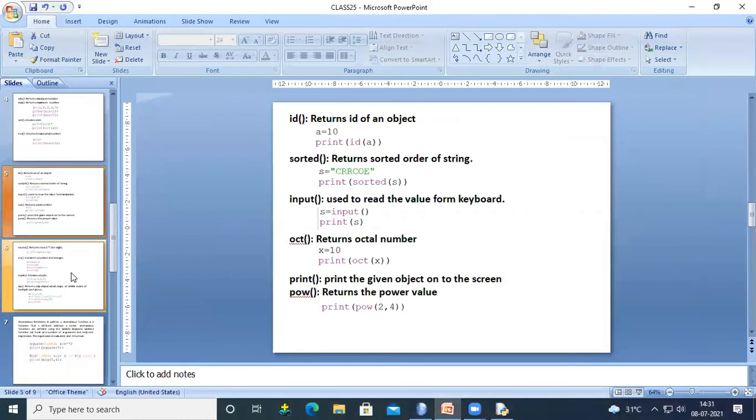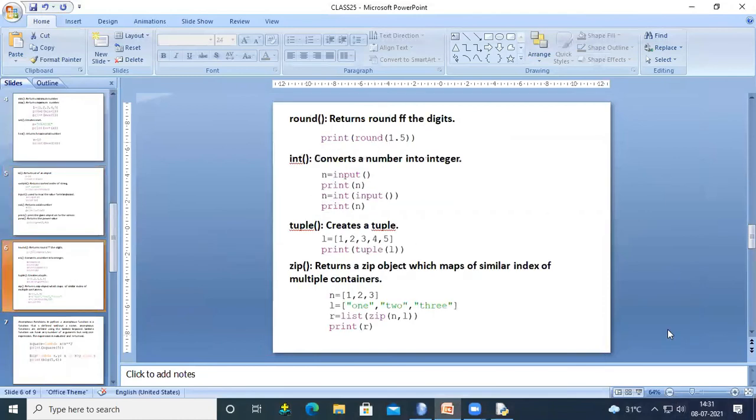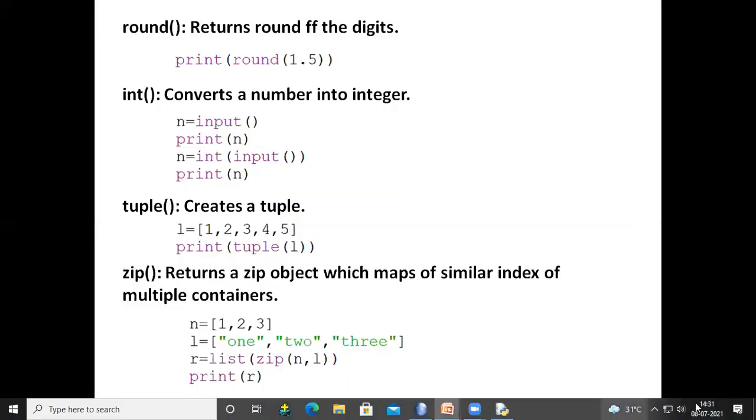Next function, the round function. The round function returns the rounded value of the digit. Print round 1.5. Now it rounds this 1.5 and returns the answer. For example, 1.5 returns 2.